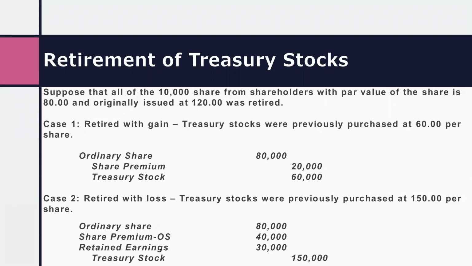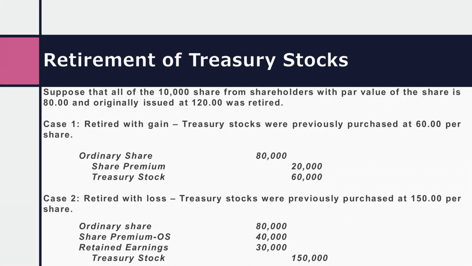The par value of the share again is 80 pesos and the original issuance is 120. Now, case 1. Retired with gain. The treasury stocks were previously purchased at 60 per share. This is a different problem, no? So, for example lang, par value is 80, originally issued at 120, imo siyang gi-repurchase, imo siyang gi-acquire as treasury share at 60. So, mo na to siya